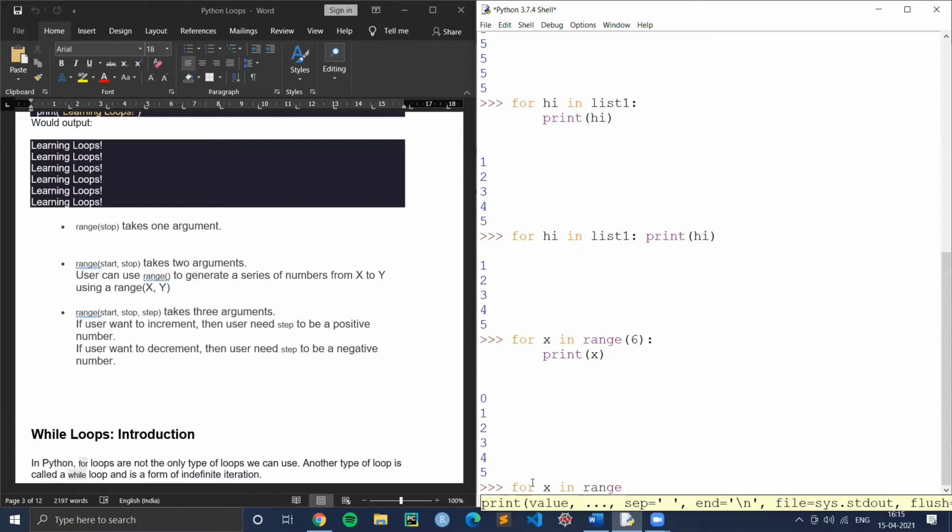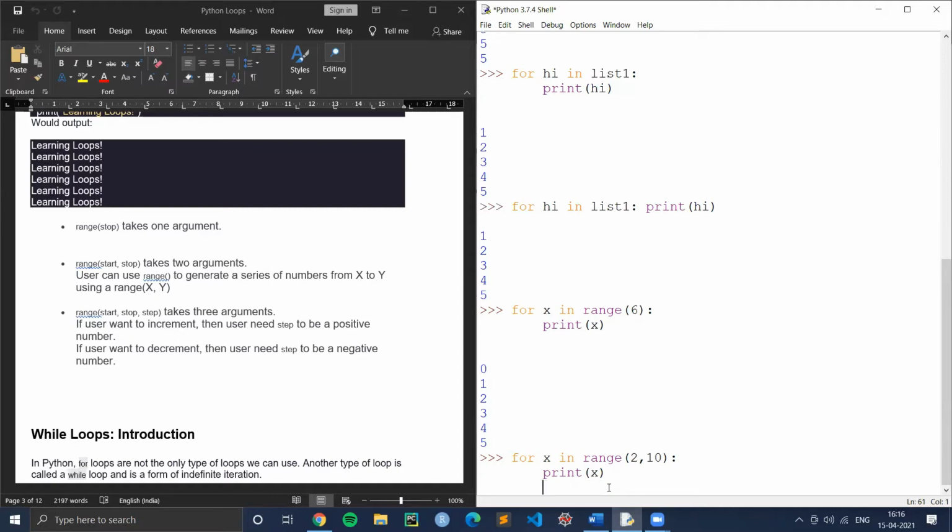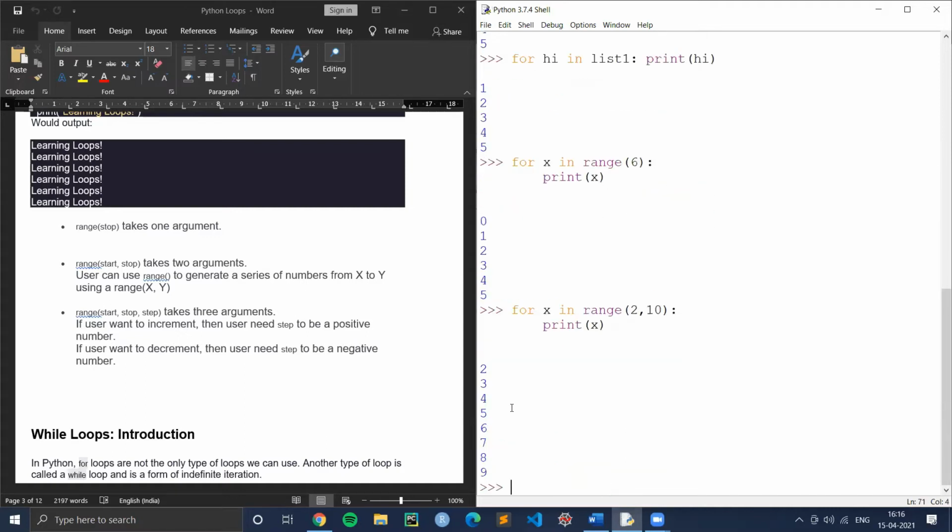Suppose for x in range, 2 arguments, start and stop. Here I can tell it to start from 2 and to stop at, say, 10. So here I have given the start and the stop, and then I'll print x. Now can anybody predict? I've told you indexing goes from 0 to n minus 1 if there is no start element mentioned. Here the start argument is 2, so it will start from 2 and print till 9. Correct, it will print till 9. So 2 to 9, right?